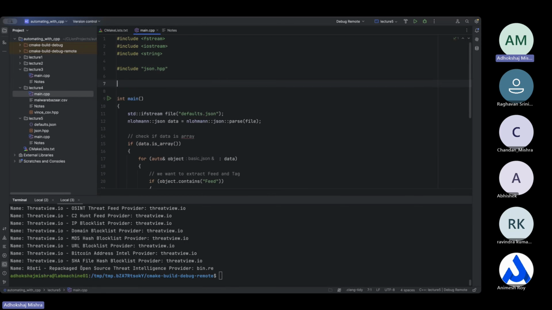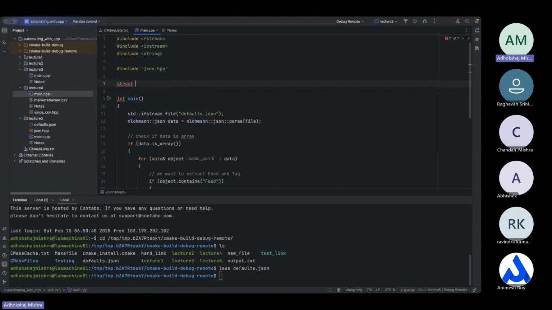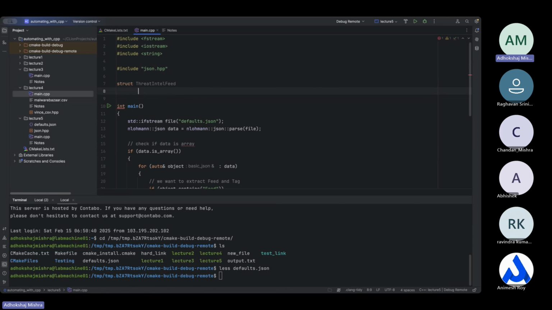So the JSON file, oh damn, the SSH is broken again. TMP, okay, CMake debug, default.json. Okay, so let us name it threat intel feed because that is where I got the data. And we do something like this. So syntax is